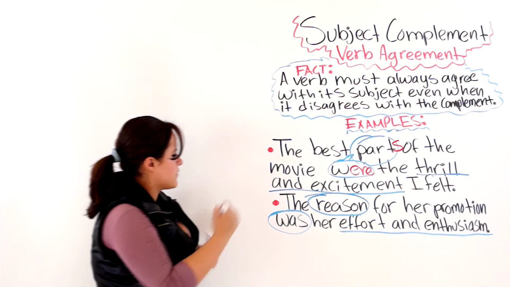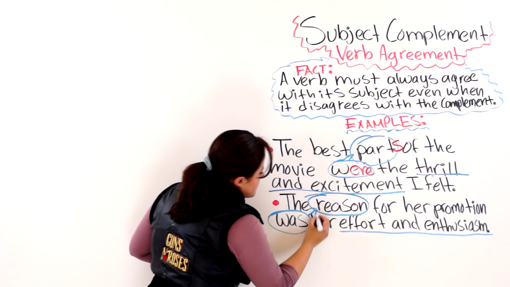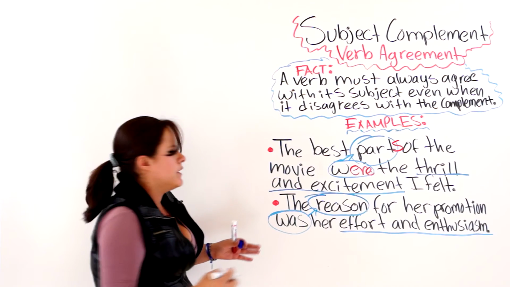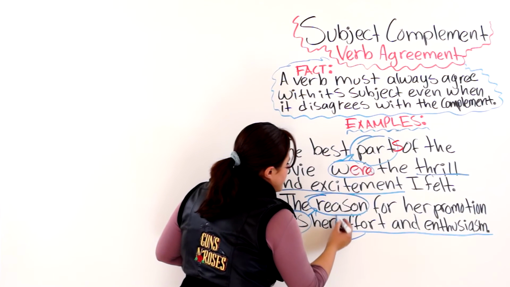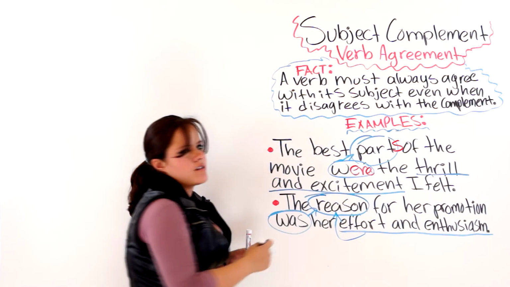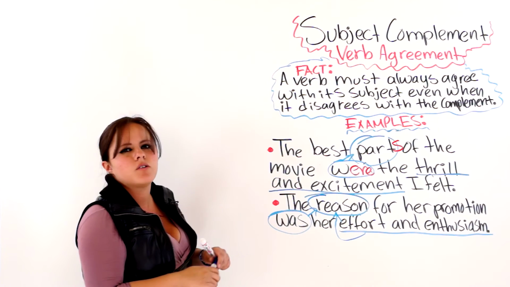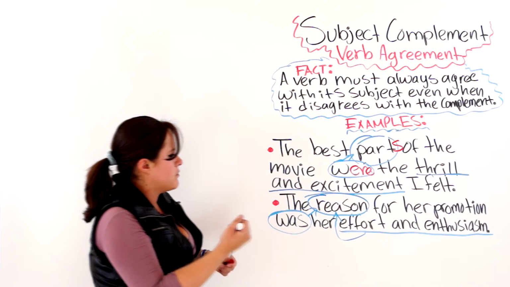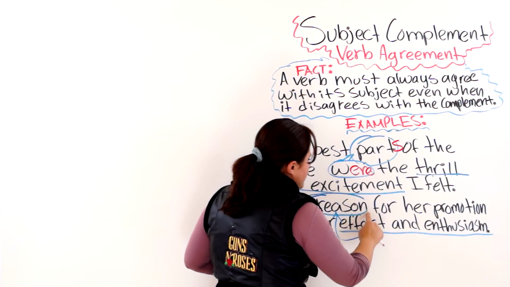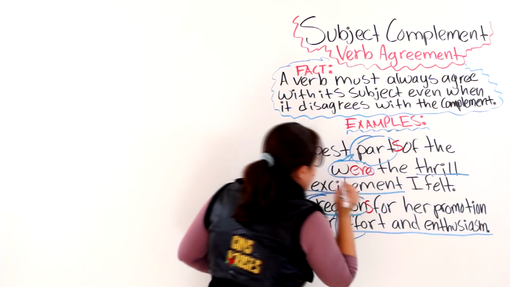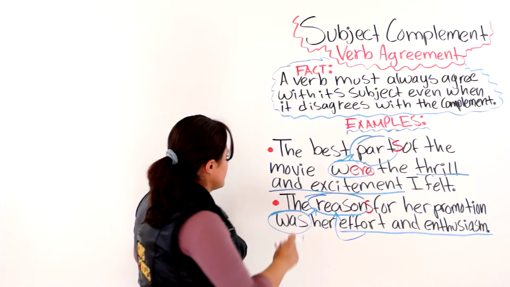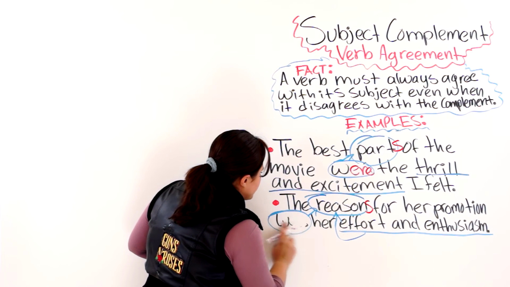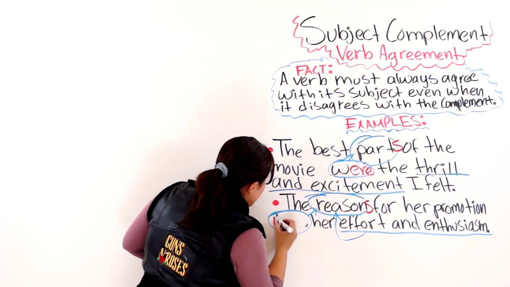So as you can see, the verb agrees with our subject in number, but the complement does not agree with the subject in number. So the best way to get rid of this awkward sentence, even though it is grammatically correct, would be to add an S here. The reasons for her promotion were